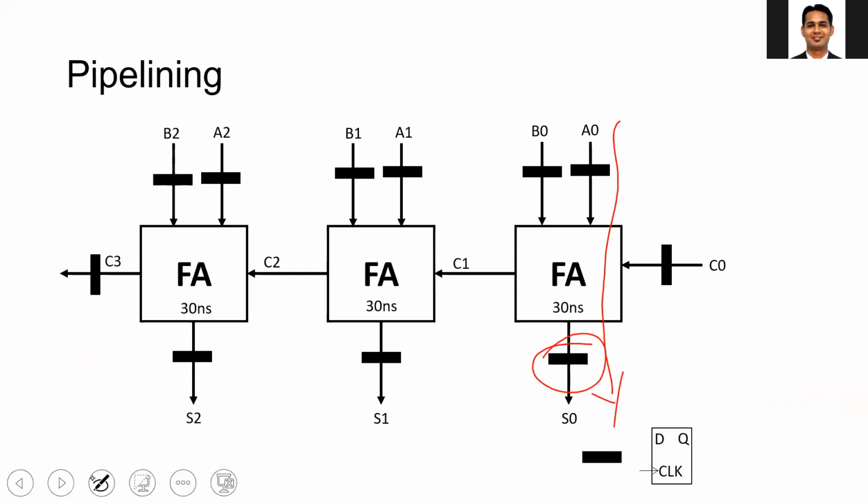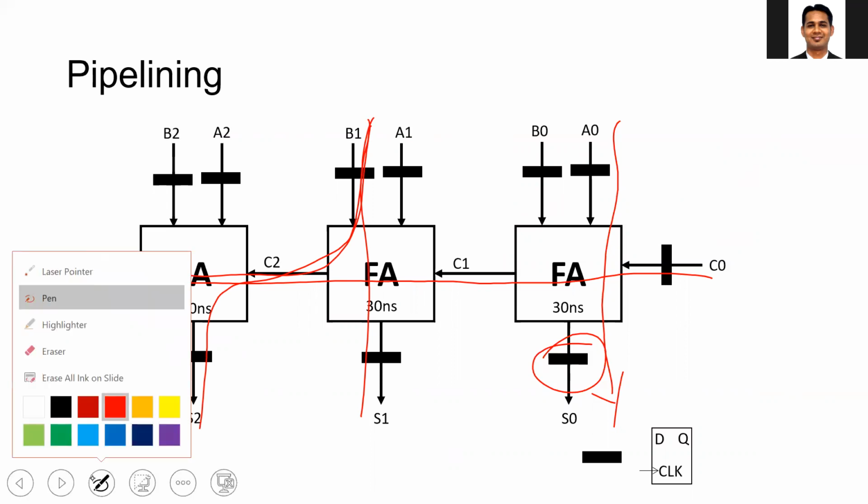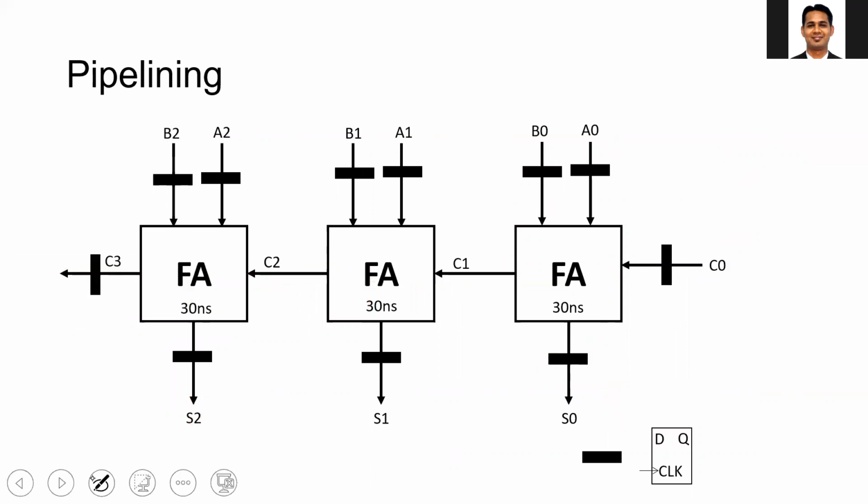We don't consider the register at the input because we assume that the inputs are available. Then you can consider any path from here to here, and you can see that there is one register. You can consider any path, like this also, like this also. You can see there is one register. So with pipelining, you need to take care that for every path from input to output, you should have an equal number of registers. Here in this circuit, for every path from the input to output, you have one register. So that you need to take care.